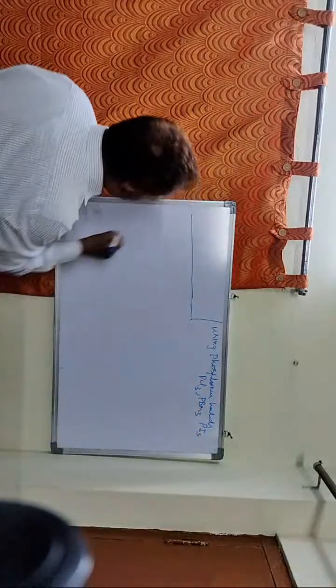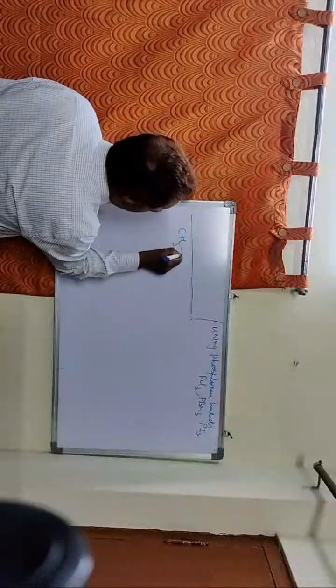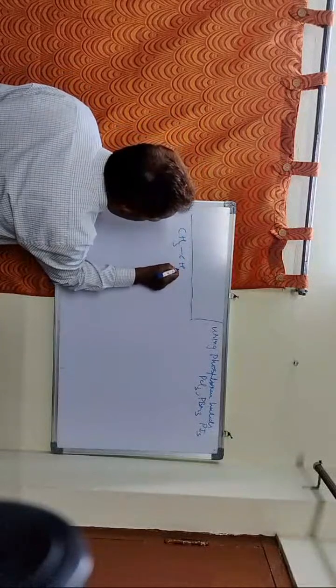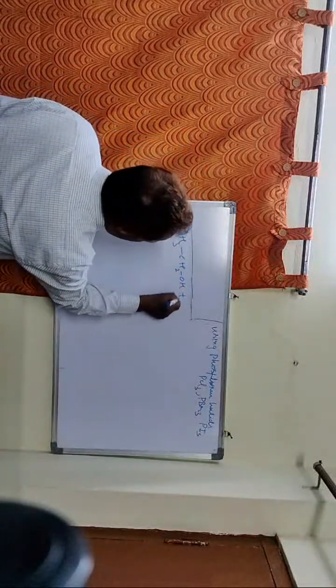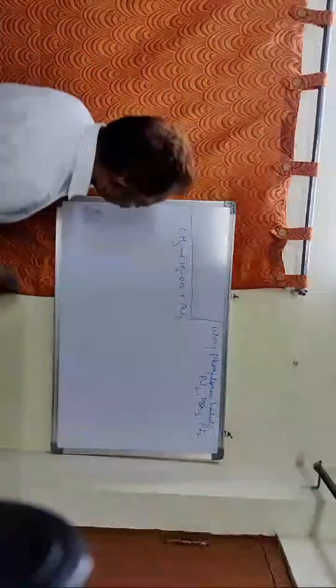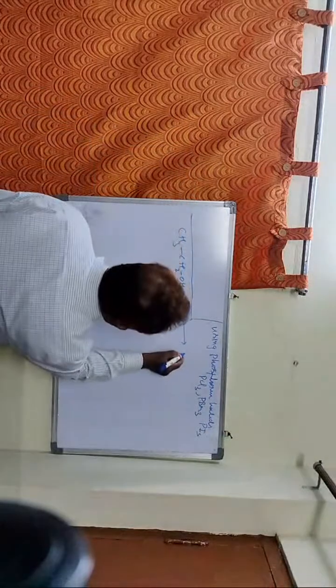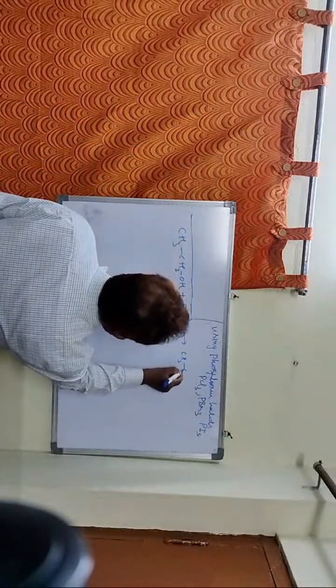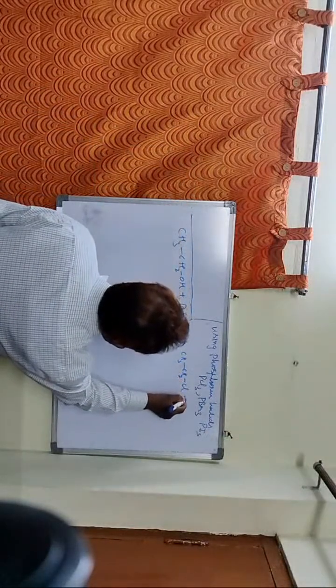Now, CH3CH2OH, ethyl alcohol, plus PCl3, phosphorus trichloride. When alcohol reacts with phosphorus trichloride, we get CH3CH2Cl plus